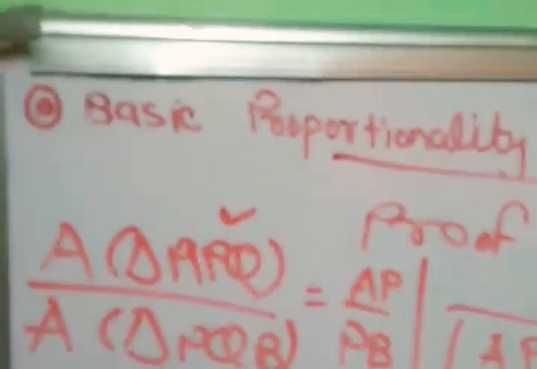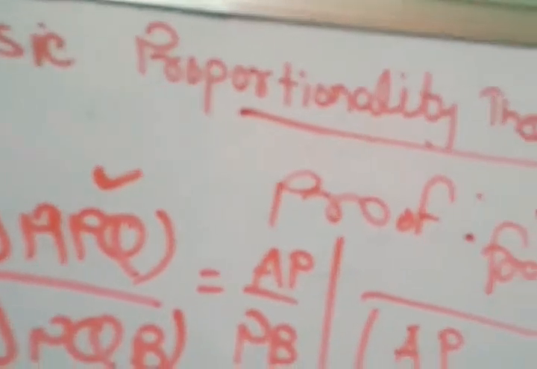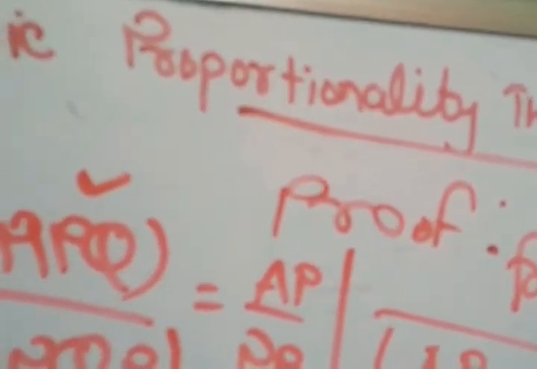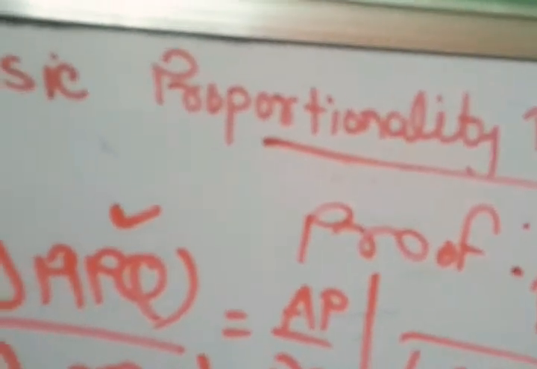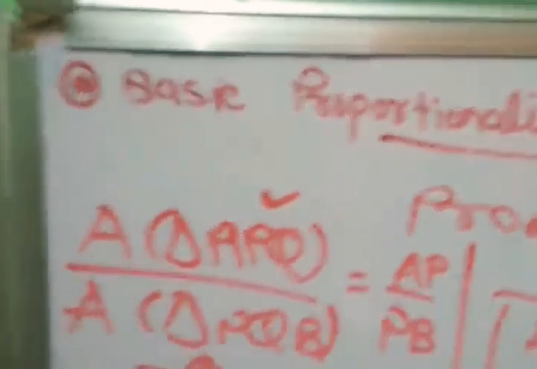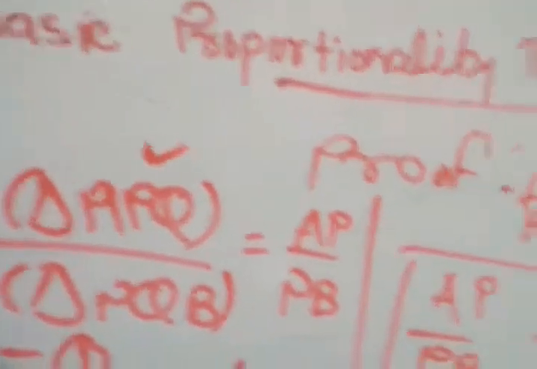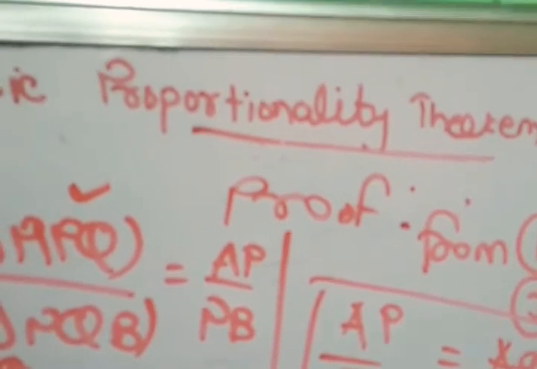In this theorem, we also know one thing: when we find the ratio of two triangles' areas, when heights are equal, the areas are proportionate to the bases, and when the bases are equal, the areas are proportionate to the heights. So friends, a very easy topic, this theorem. In the next video also we will learn the next theorem, and also many points of the standard 10th.